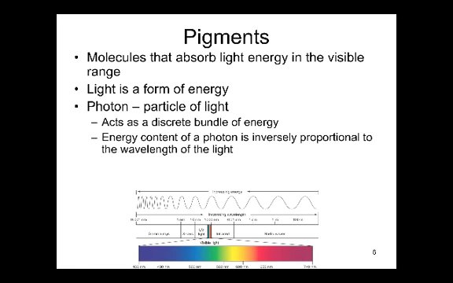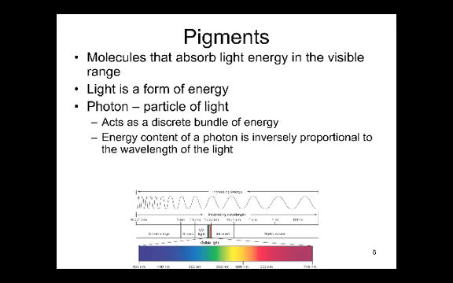In addition to chlorophyll, there are several other photosynthetic pigments. These pigments are molecules that absorb light energy in the visible range. Light is essentially a form of energy. We often consider light in the wave form. Here we can see shorter wavelengths and then longer wavelengths of light. But we also consider the energetic